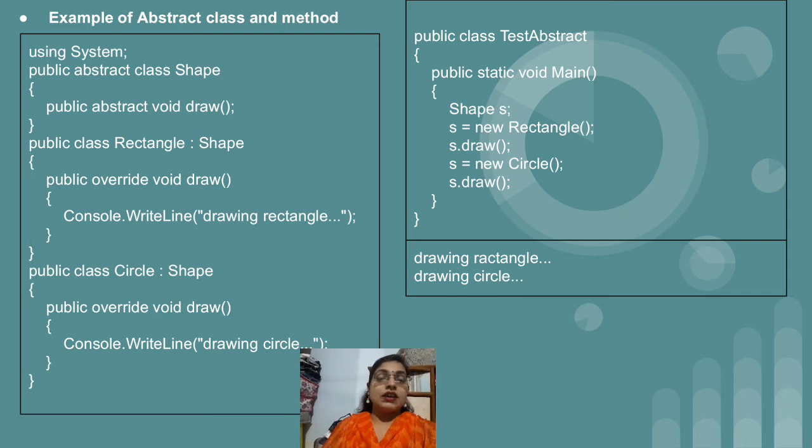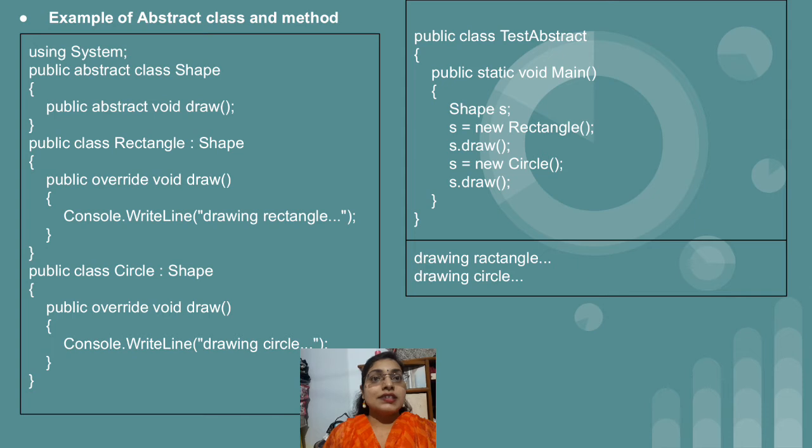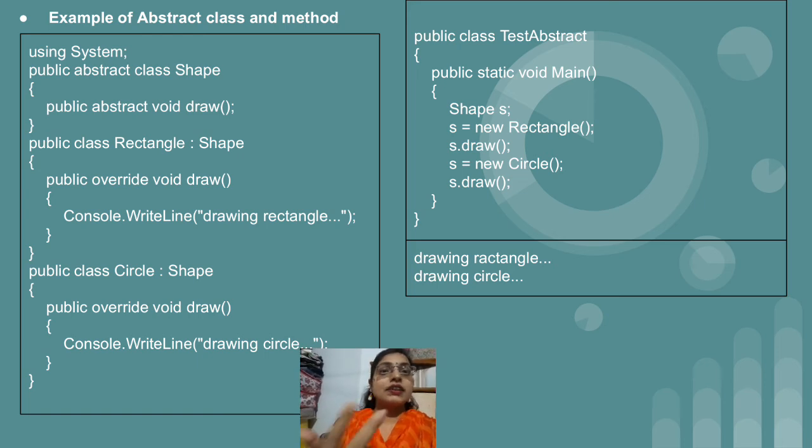class rectangle. After that there is one more class, that is circle, which is again inheriting the abstract class shape. In that also we will write public override void draw, and the definition is Console.WriteLine drawing circle. This statement we have printed. So this much is there about the classes. First we have created the abstract class, then we have created two classes, rectangle and circle, which inherit the